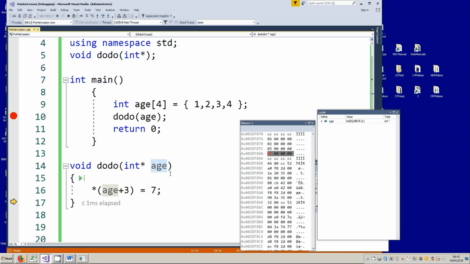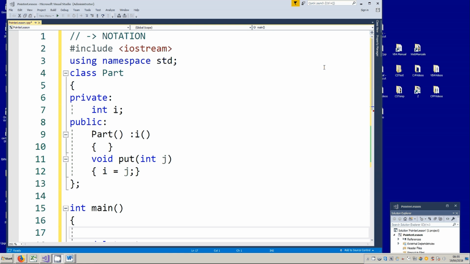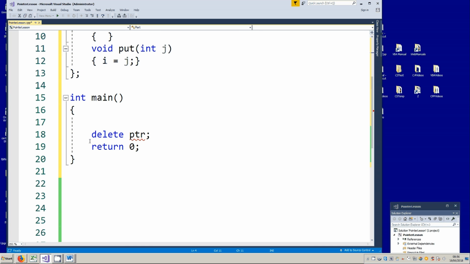The arrow notation, you might have seen this arrow notation somewhere associated with the pointers. Let me explain what it is. Let's say we've got our user-defined type, which is called part, and we're going to create an object. We're going to make this object on the heap, so we're going to use the new operator, and when